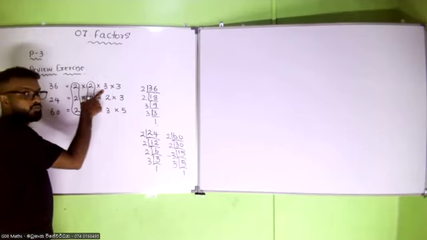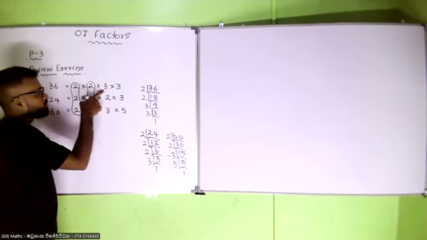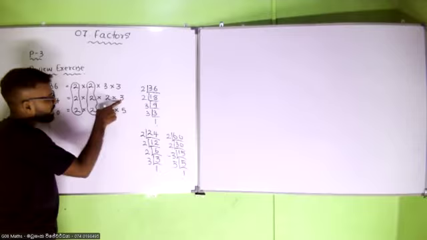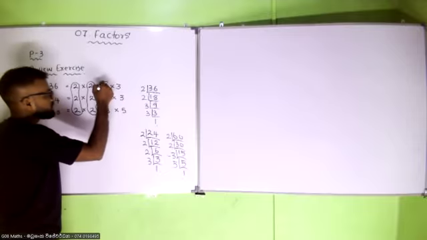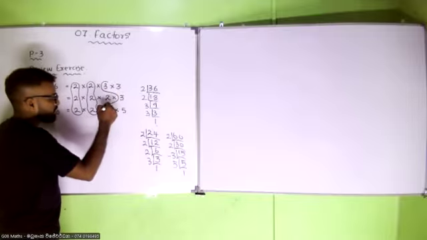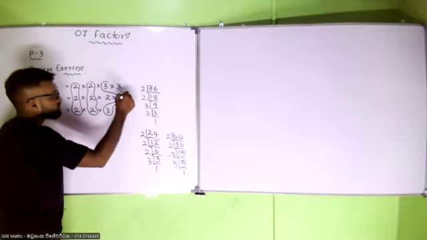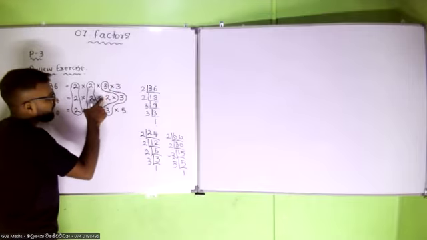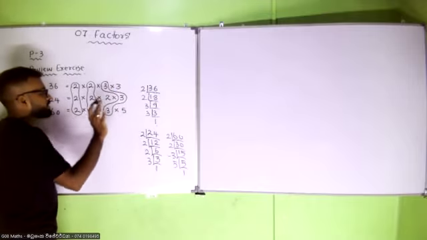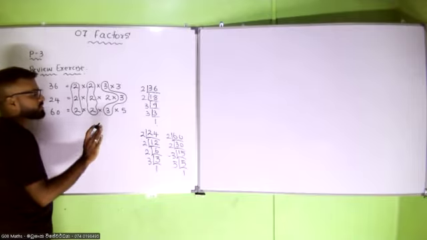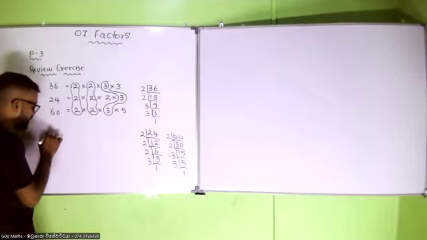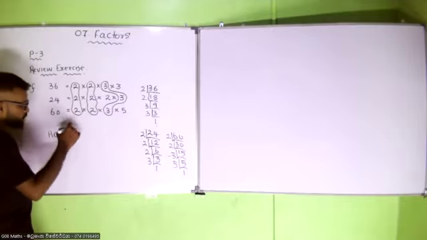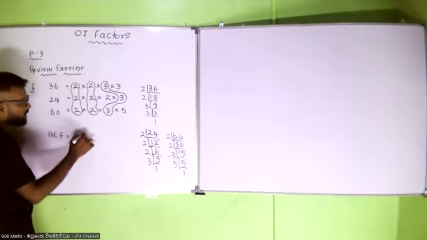So I have to continue with this 3. Here we have 3. Here we have 3. So these 3s are common. These 3, 2 and 5, no common 3s for this one. So the highest common factor can be written down as, here we have 2 multiplied,